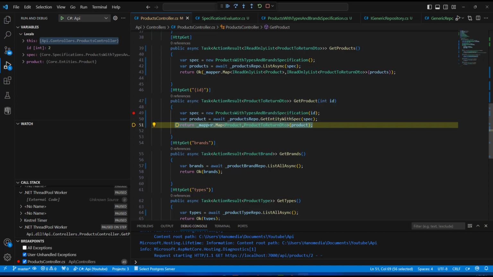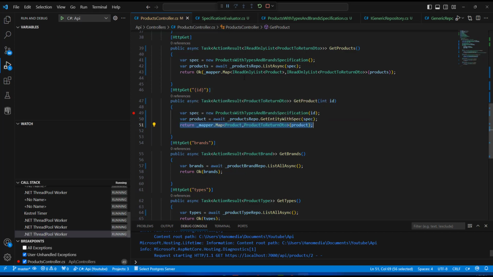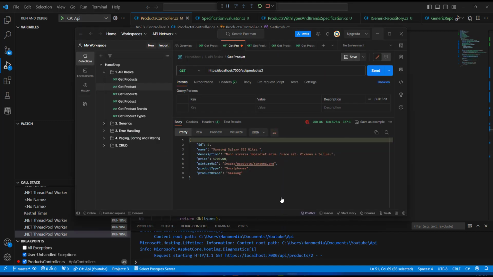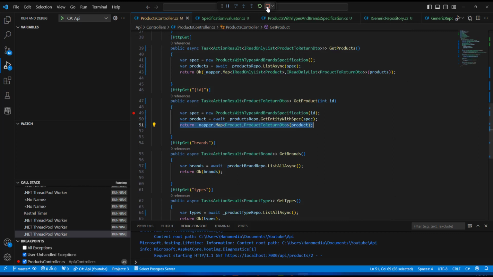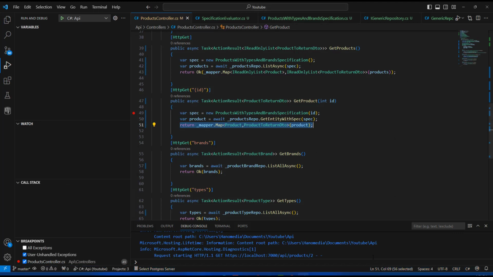And once we are now sure that we get all we wanted, we can go ahead and press this play button so as to be able to finish off the debugger. And you can see that there's no step over or step into, but in that case, when you go back to Postman, you can see that you are getting the product as expected. And I hope, guys, you find this video interesting, and I'm going to stop the debugger in this case, and I'm going to bring back my terminal here,